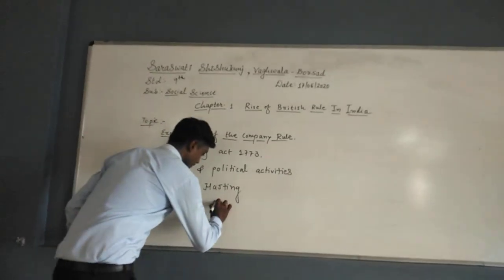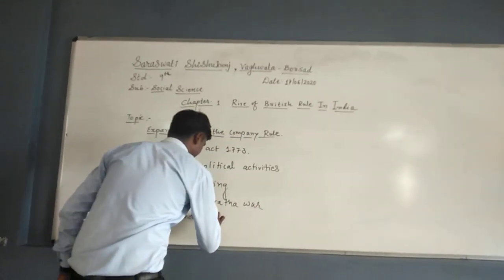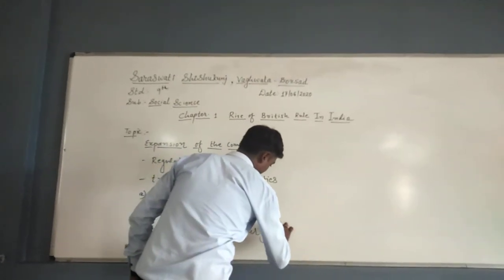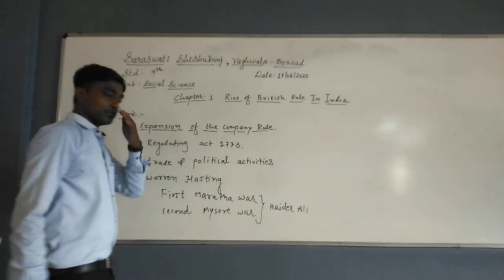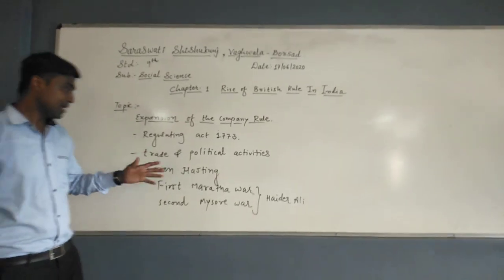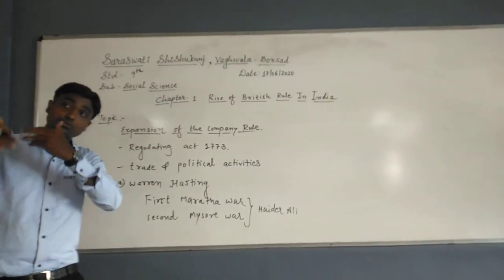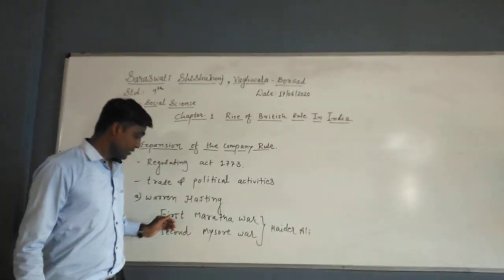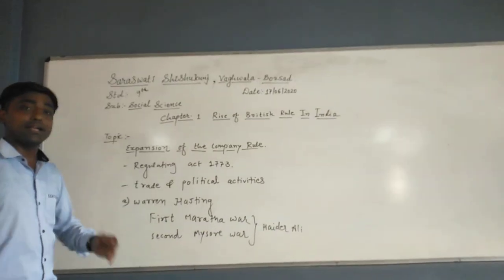Warren Hastings became the Governor General at the time of the First Maratha War and the second Mysore War with Hyder Ali. Now at the time, Warren Hastings had to suffer a lot because he needed to deal with different powers and face different people also. Here he fought the First Maratha War, and secondly he fought the Mysore War with Hyder Ali, and after that,